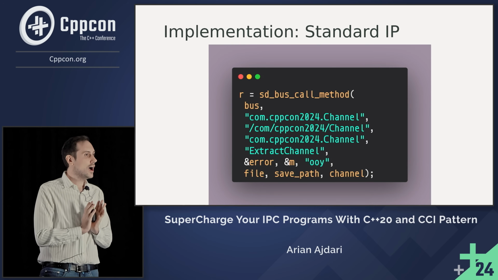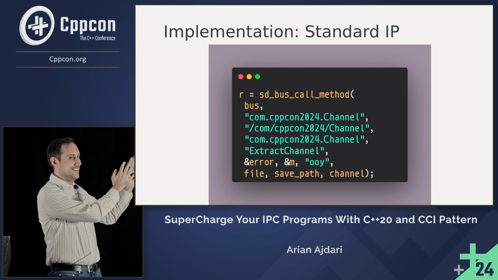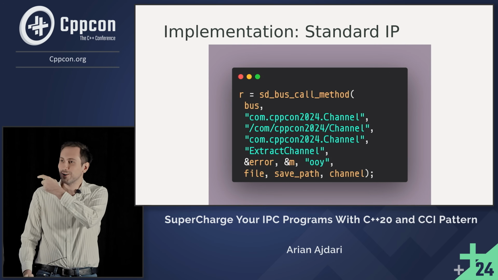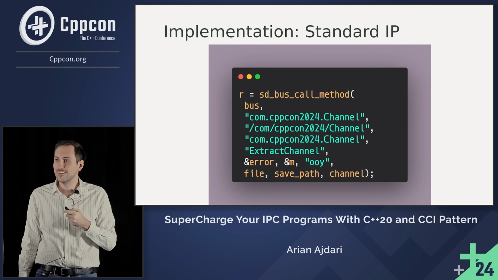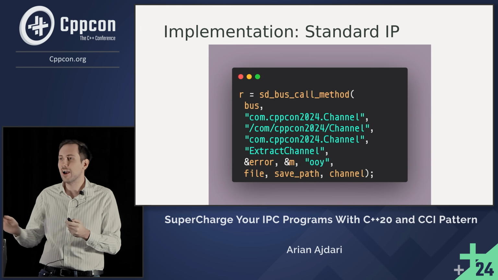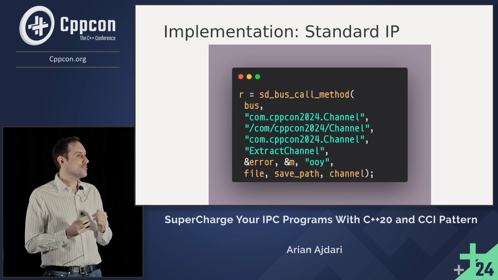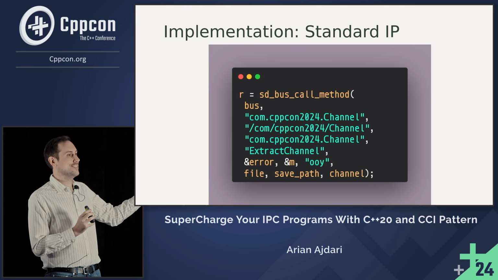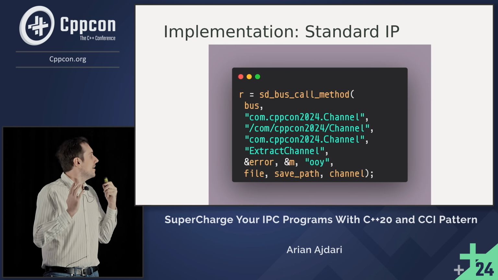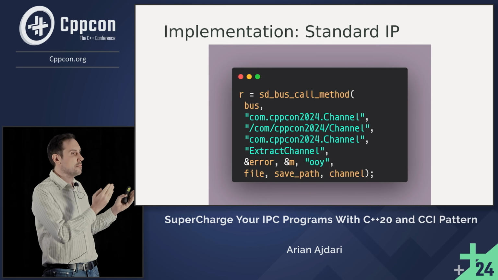So without further ado, I would like you to raise your hand if you think that this is a wonderful interface to call a function. Would you like to elaborate on why you think this is wonderful? Easy to use, easy to access, not easy to make mistakes. Well, as I predicted, no one raised their hand, so I'm going to ask the opposite. Who thinks that this is not a good interface and could lead to disasters? Everyone, so it's obvious. I think that by applying the CCI pattern, we can make this interface much better.